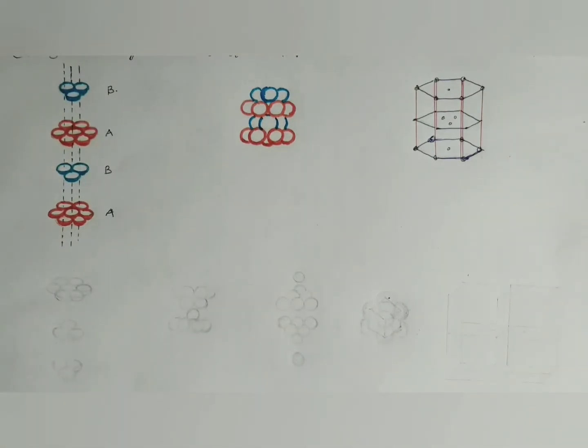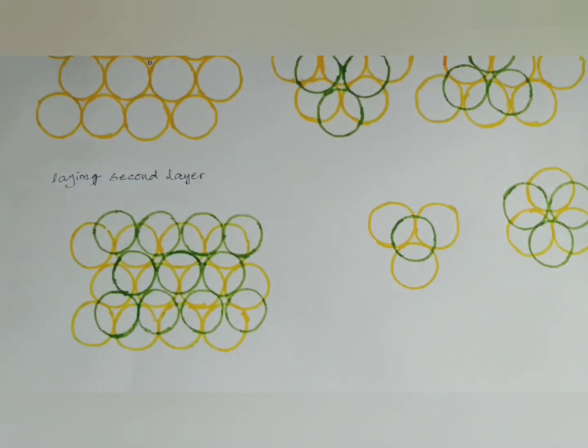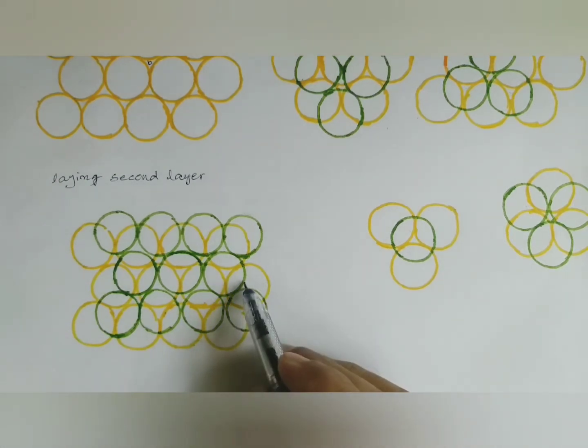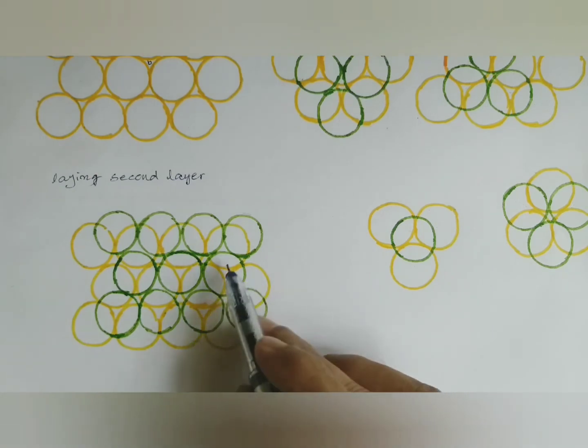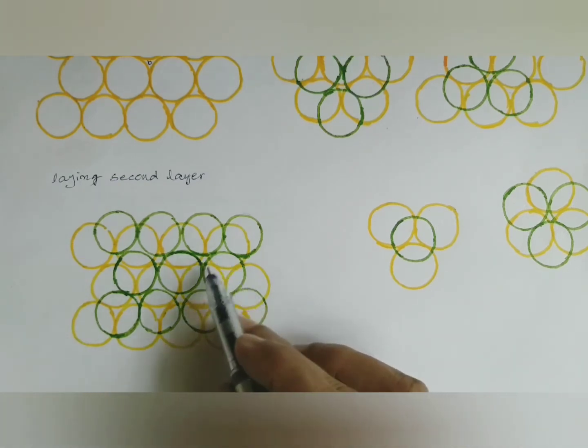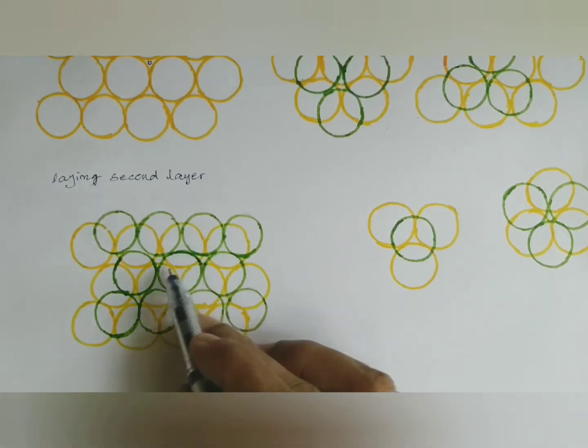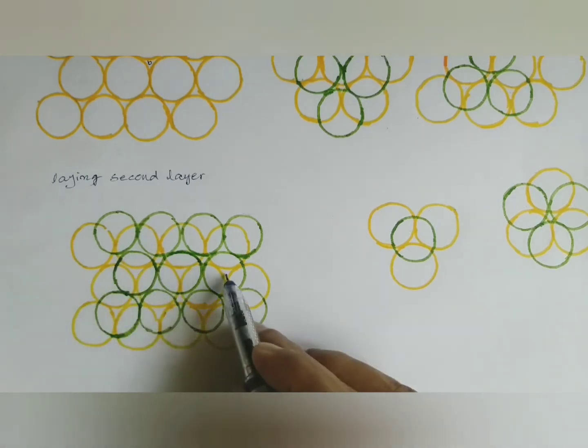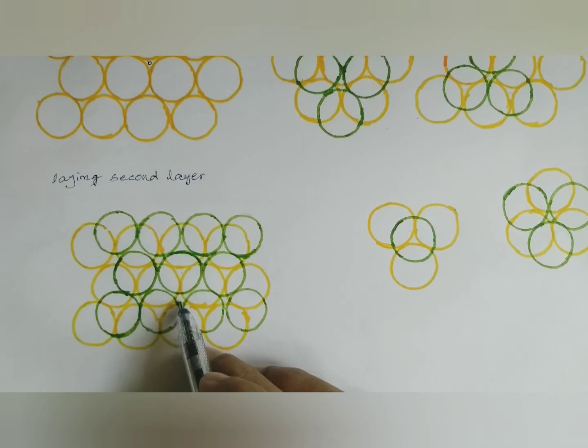Now we'll see the laying of third layer by covering octahedral voids. Now I will remind you where the octahedral voids are present. So this is first layer, this is second layer. Second layer of atoms are laid in the trigonal voids created by the first layer of atoms like this. So when they are placed in alternate trigonal voids, what happens? You will get tetrahedral voids like this and octahedral voids. This is the octahedral void which is created by 6 atoms. 3 atoms in the first layer, 3 atoms in the second layer. And this is the octahedral void.